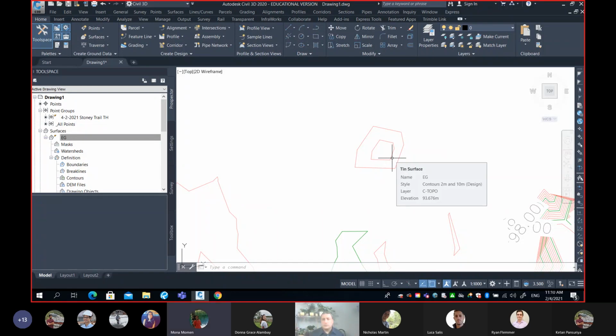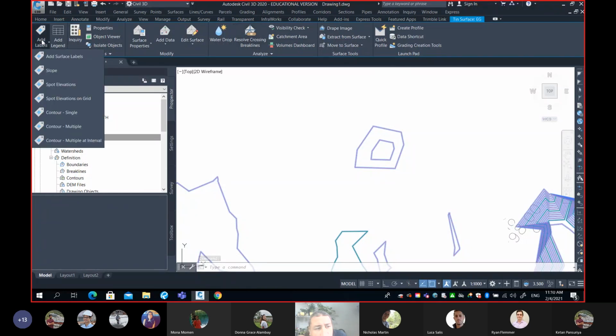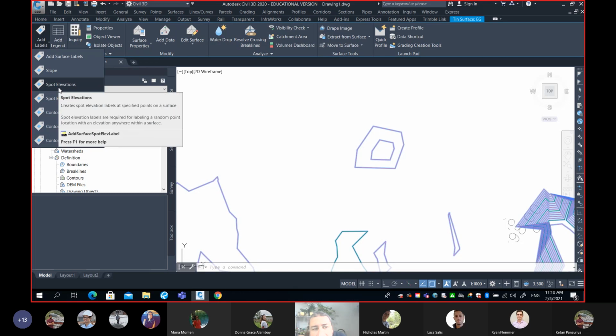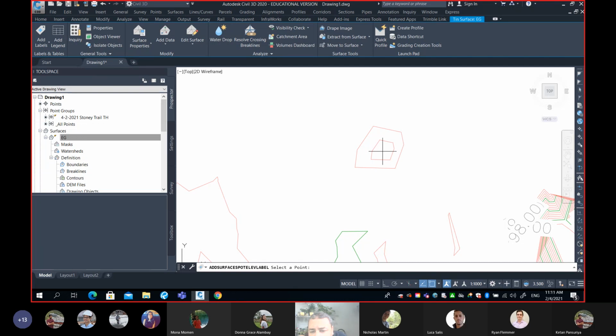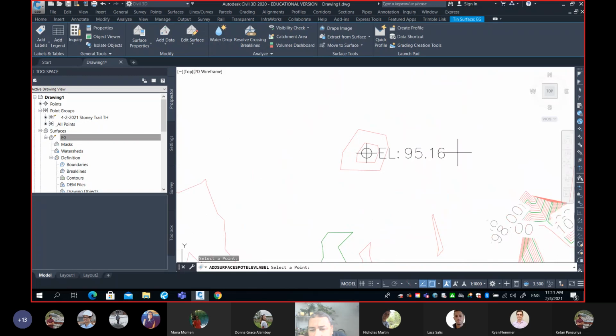No. No. So how can we do that? I think I already discussed that if we add here a spot elevation, any point of known elevation within this closed contour line, it will clear confusion. Watch this. So I'll come here, click on my surface. My ribbon has changed. I go to the far left. I drop and I say spot elevation. It means please label for me one point. Watch this. So I click on spot elevation. All you do is you come here, pick any point within your contour line, and you can see the software wrote for you